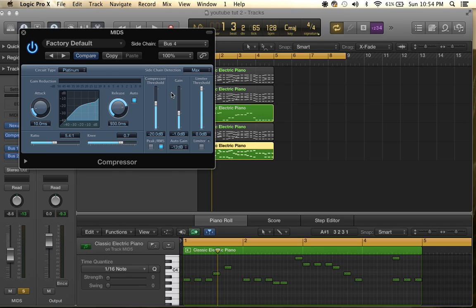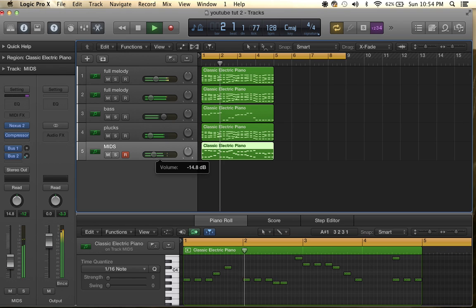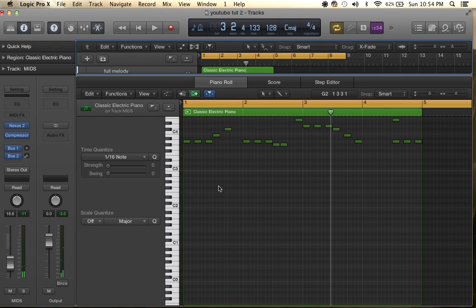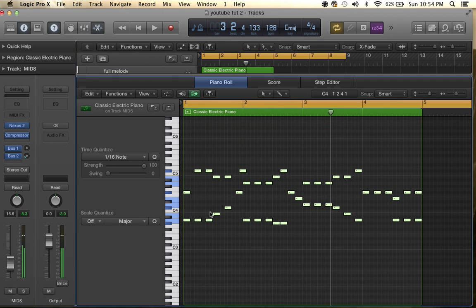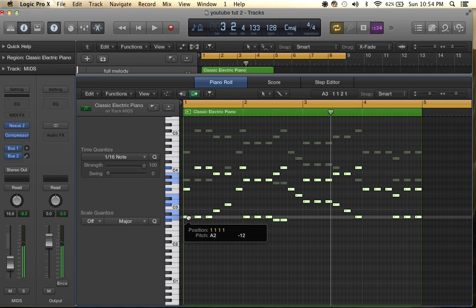I can't explain it. You can mess around on your own if you really want to hear what it sounds like if you leave the release down, but turn it up to 900. Alright, so our mids, I'm going to turn down, they sound loud. Alright, these mids are sitting a little high. I want a mid sound, not a high sound, so I'm going to move it down.